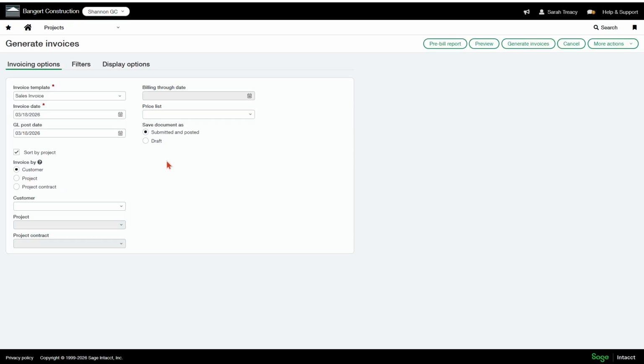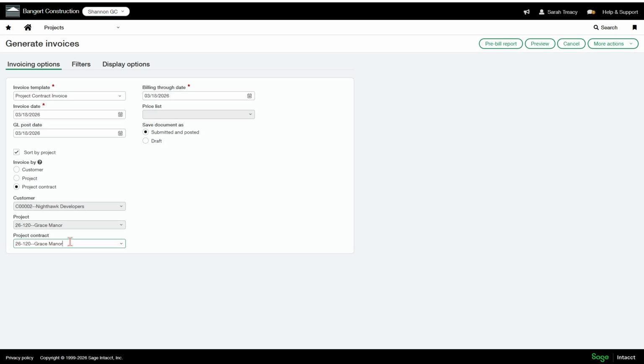And when I get in here, the first thing that I want to do is select the Invoice by Project Contract bullet. Wish that we could default that in, but we can't. So you do have to remember when you come in here, Invoice by Project Contract. Your template type, I'm leaving it as Project Contract Invoice. And my invoice date, 3/18, post date stays the same as my invoice date. And then I'm going to build through 3/18. My project contract that I'm using for this is Grace Manor. So I'm going to select my project contract.